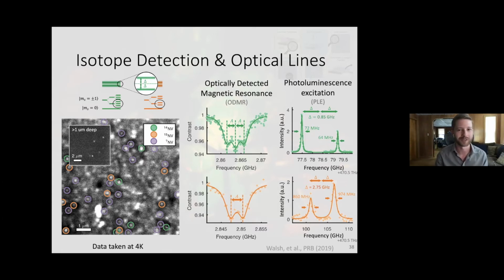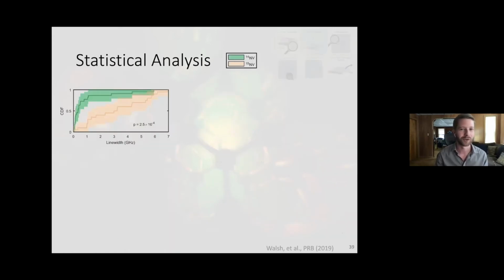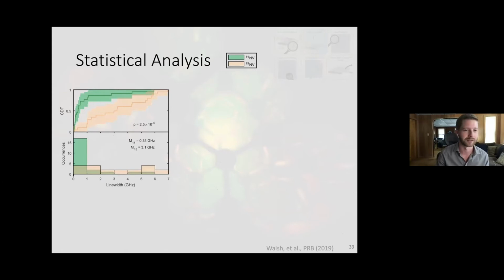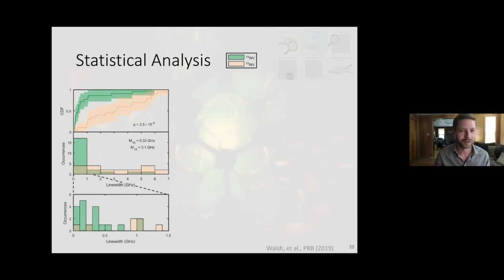So our job at this point is to try and quantify this a little bit better so we can understand what's happening. And so if we look at this for all of the various line widths, for all of the NVs that we see, we can plot it in a cumulative distribution, or if you prefer, a histogram. And we see quite easily 2 distinct populations of line widths. And we do note that while there are these nitrogen 15s that exhibit narrow lines, the vast majority of them are an order of magnitude broader than are naturally occurring in 14-based NVs.